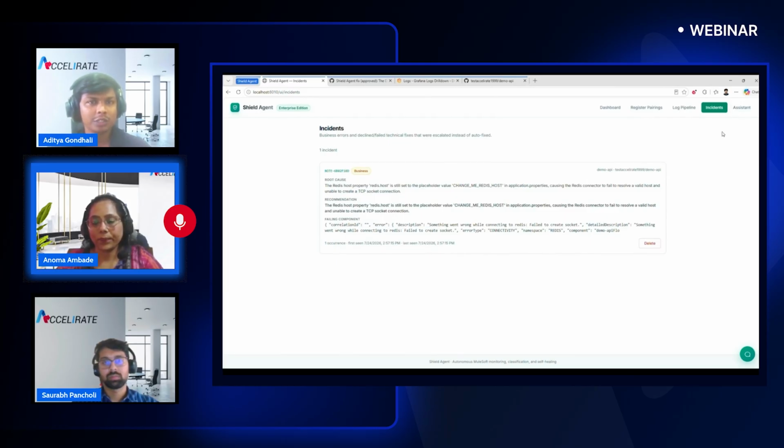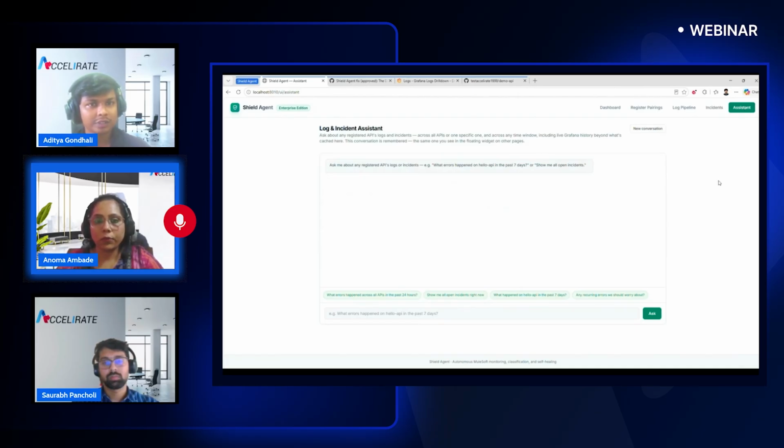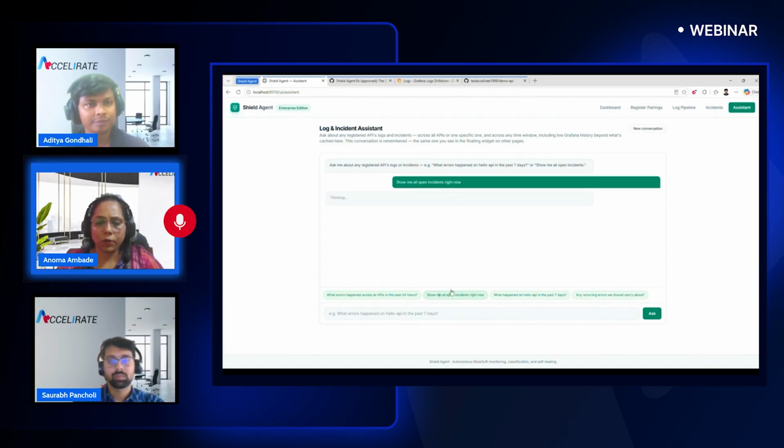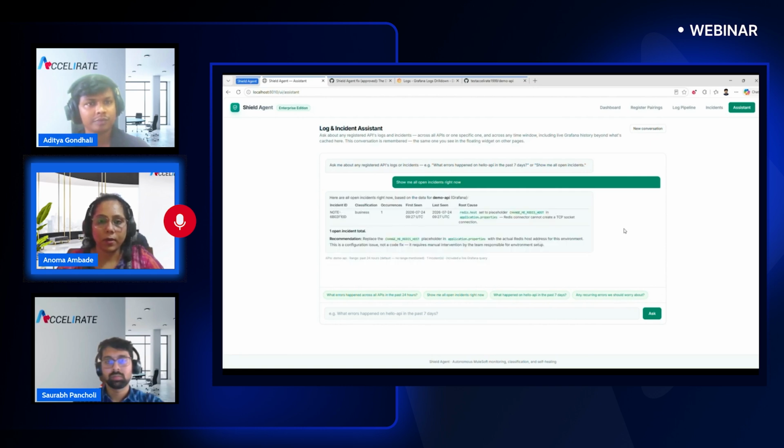Good. Again, can you just explain the assistant part? Yes, so moving on to the assistant, you can see that there are already a few pre-populated questions, and let's select one of those. The assistant helps us understand the health of our existing API estate. Right now we have just one API, and it is going to inform us about any incident. You can see the incident related details like the ID, classification, the number of occurrences, root cause, and recommendation. Let me ask one more question